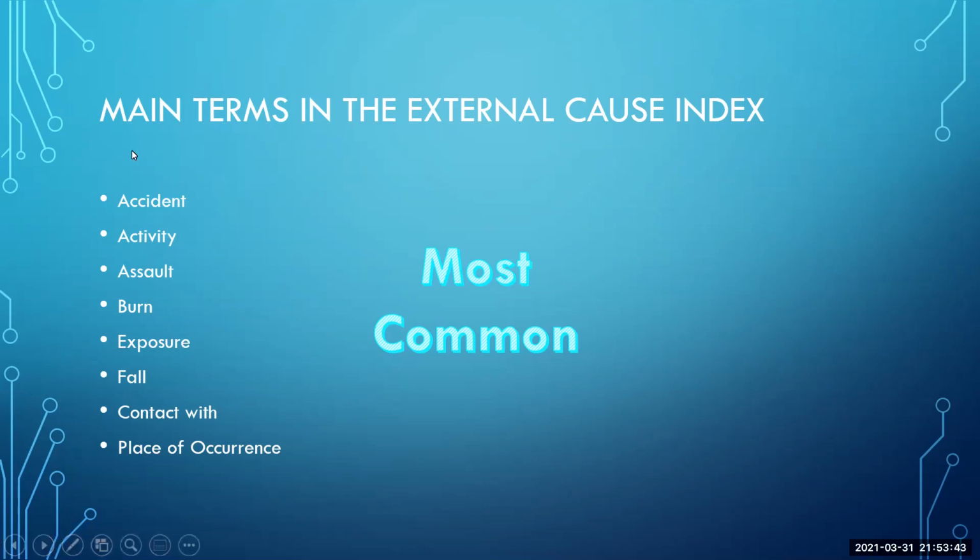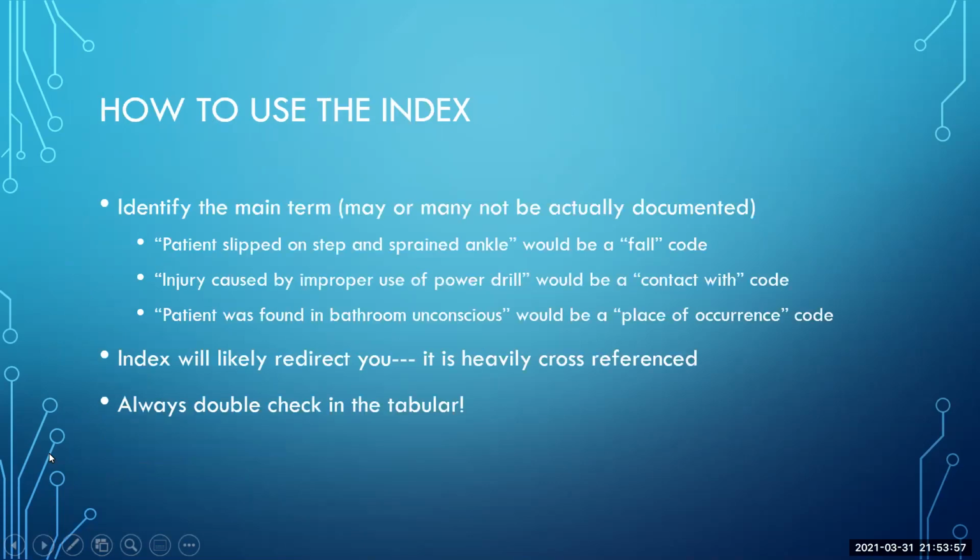So those are the main categories, but like I said, these are definitely not the only ones, and you'll see a lot of other ones, but these are the ones that most of the external causes fall into one of those categories. So how do we use this index? It's very similar to using the alpha in that you want to identify the main term and then look for a subterm. However,